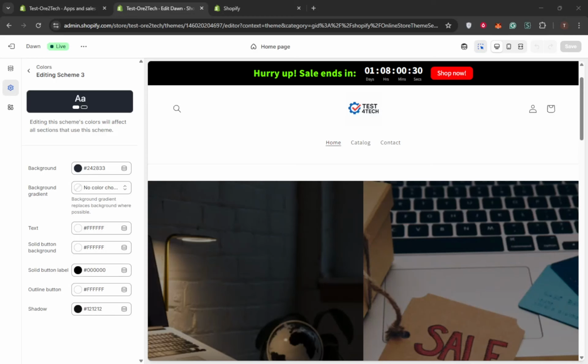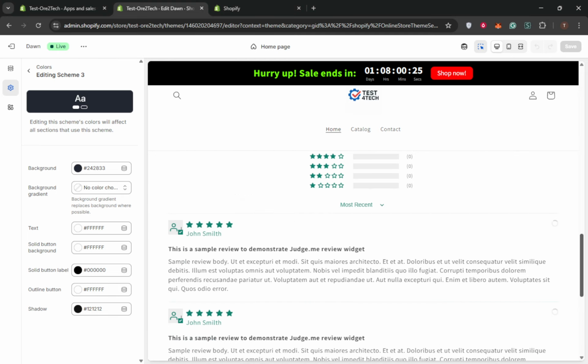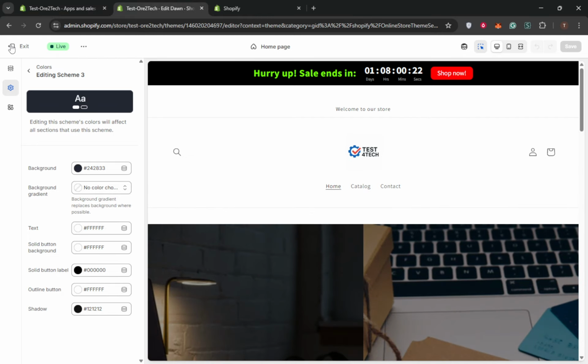In today's video, I'm going to teach you how to change button colors in Shopify Dawn theme. If you're using the Dawn theme and want your buttons to match your brand, the easiest way to do it is right inside Shopify. No code required. We'll use the built-in theme editor so your changes apply consistently to buttons like Add to Cart and Buy Now